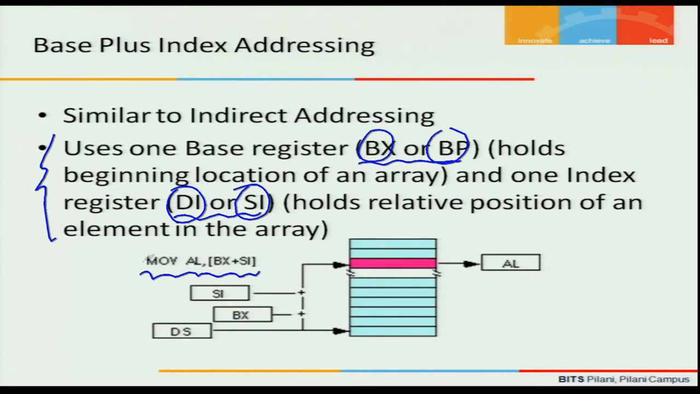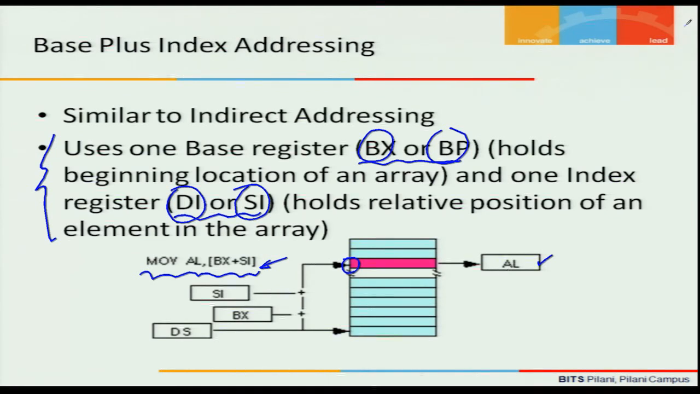And you could use a format which is, for example, shown here, move to AL, BX plus SI. So essentially in the DS segment at an offset BX plus SI, from here I want to read a byte and put it in the AL